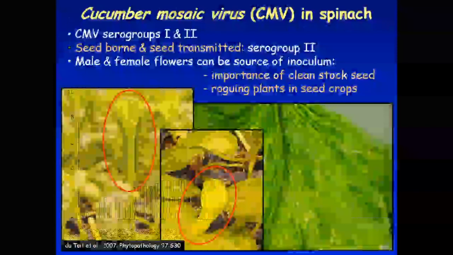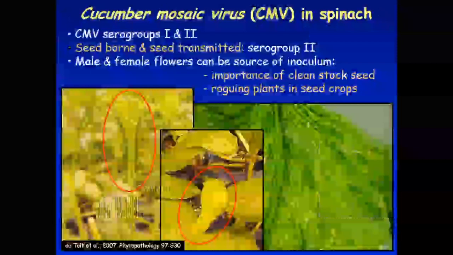And in the literature, established published studies said that CMV was transmitted at less than 2%. But we found that in certain genetic backgrounds, the seed transmission rate went up to 60%. So it became really important for the companies producing those genetic backgrounds to be screening their breeding lines to make sure they weren't carrying CMV along with them.